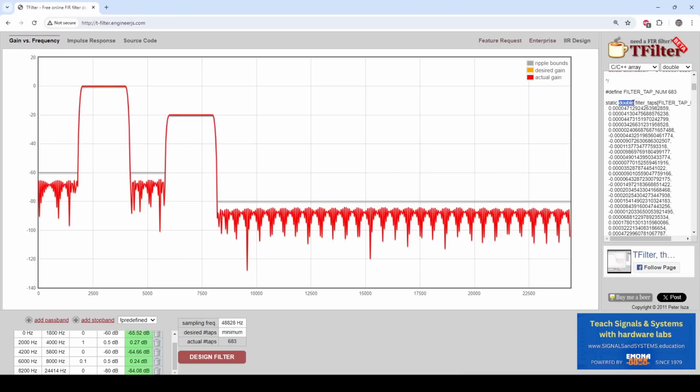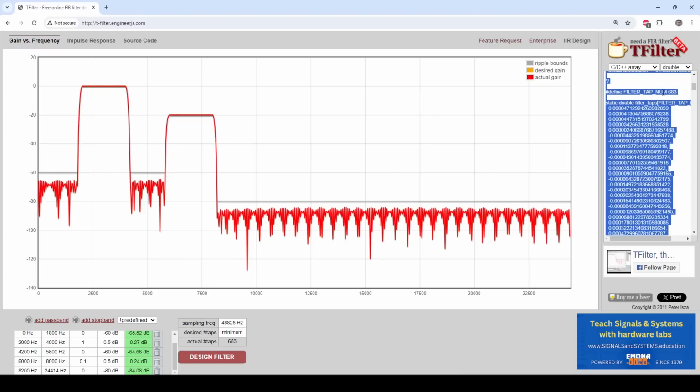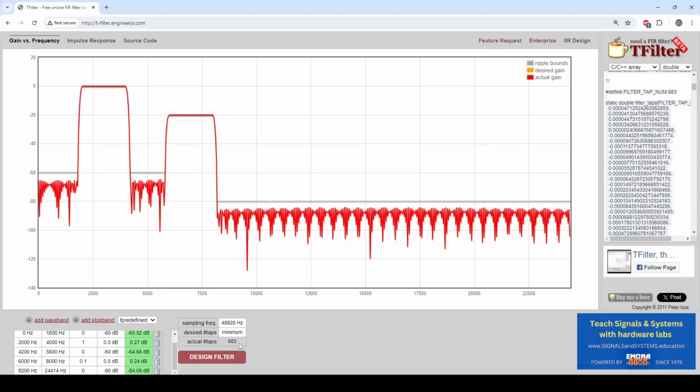Now they are using double precision values here. We will be using single precision, so we will lose some accuracy in the actual implementation on the real world system. And this will pretty much always happen because we are working with floating points. We'll have some round off errors. We'll have some computation errors depending on how many taps we have. We'll have some discrepancies in the sampling frequency and more. But typically you can get very close to the theoretical performance of an FIR filter in the real world as well. Keep in mind, 683 taps can be considered quite a long FIR filter,